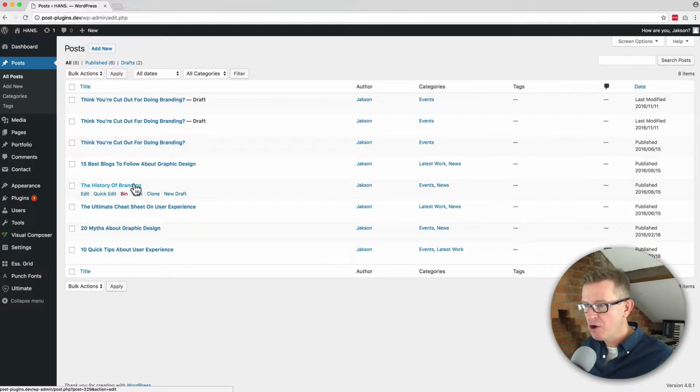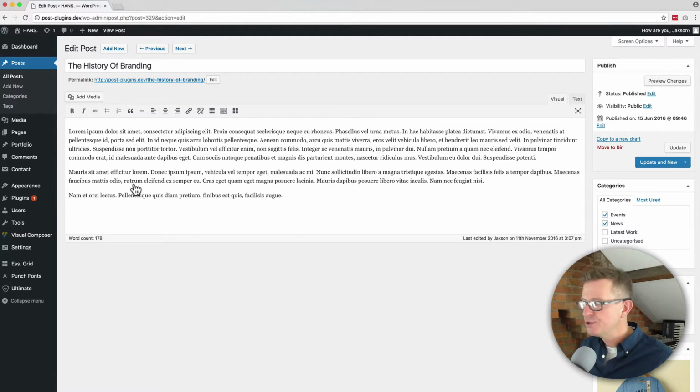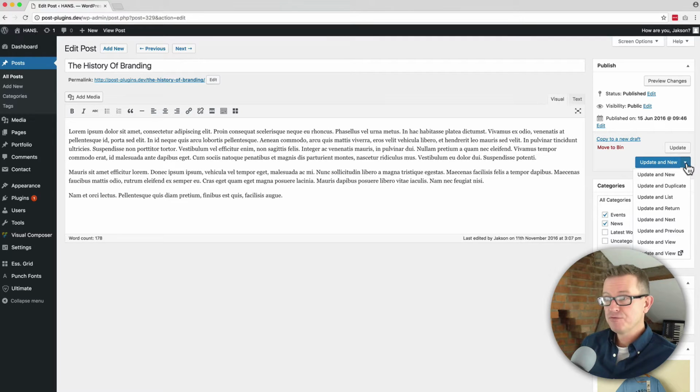So when you are on a post, you'll see a new button underneath the regular update button, and this is what this plugin is all about. And if you click the little arrow down, you will see the various options that you've got. Instead of just clicking the update button and then having to navigate off elsewhere and do what you want, you've got a ton of options to first of all update it and create a new blank post,